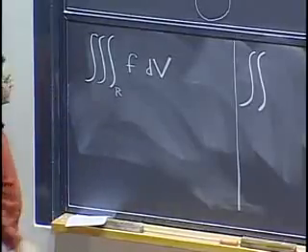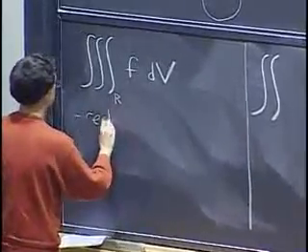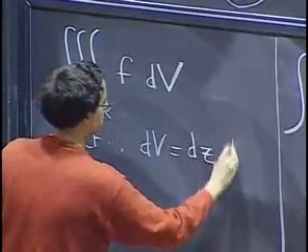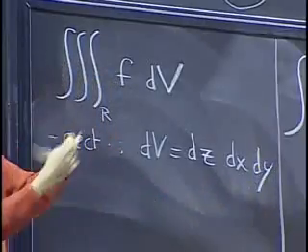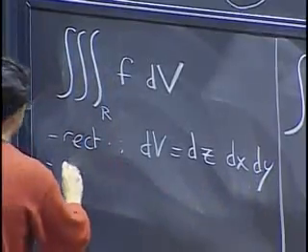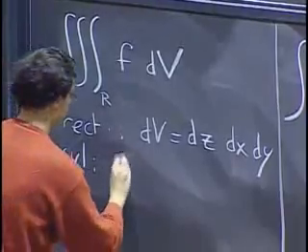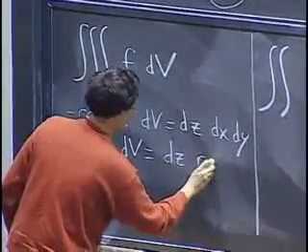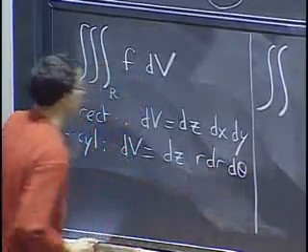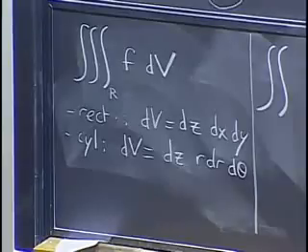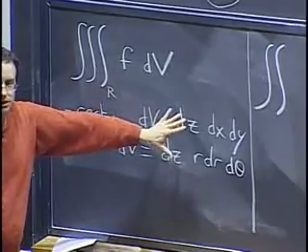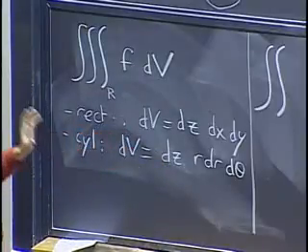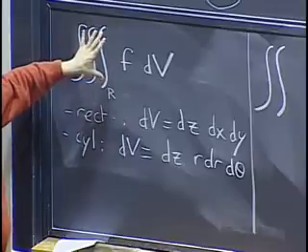Well, we can do that in rectangular coordinates, where dV becomes maybe something like dz dx dy, or any permutation of these. We've seen how to do it also in cylindrical coordinates, where dV is maybe dz times r dr d theta, or more commonly r dr d theta dz. But what I want to emphasize in this way is that both of these you set up pretty much in the same way. So remember, the main trick here is to find the bounds of integration.